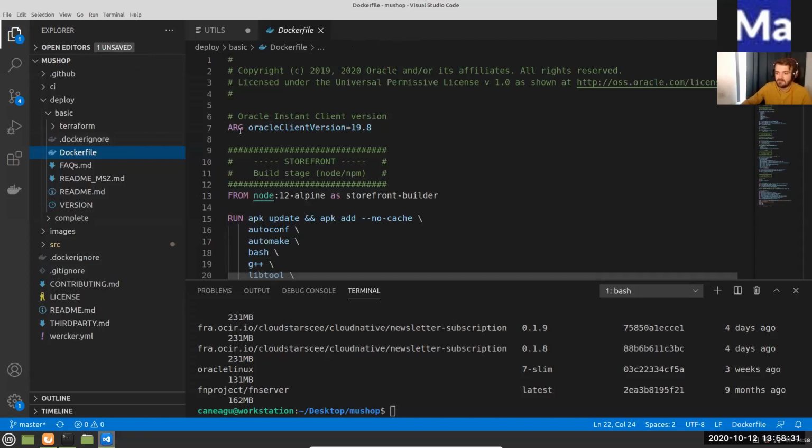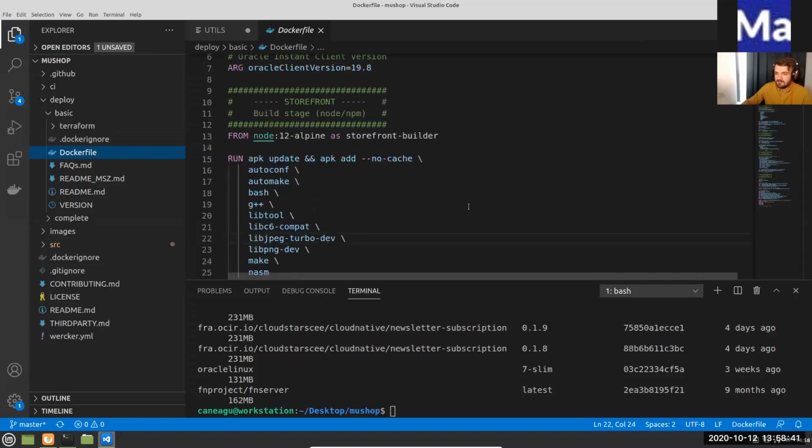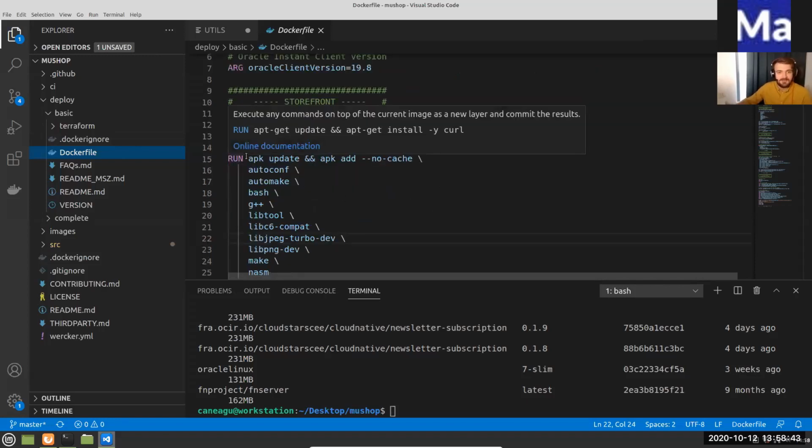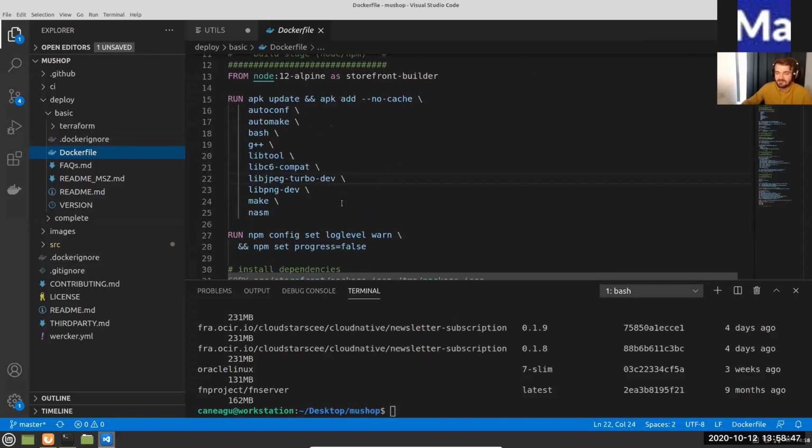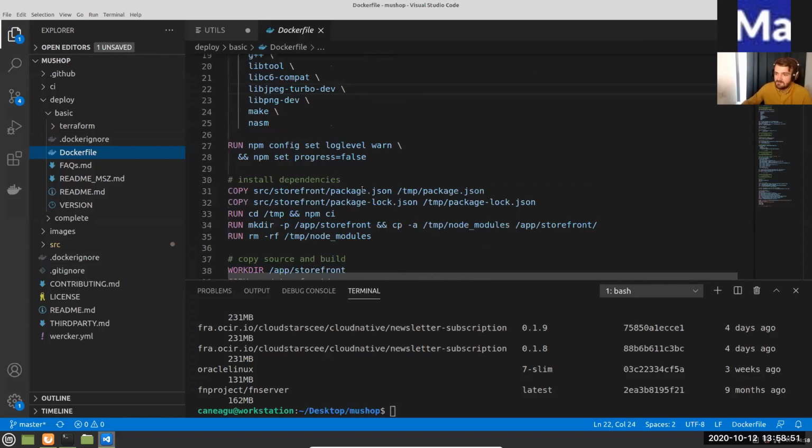You can see that it's quite easy to understand. We are using a base image, which is this one from Node 12-Alpine storefront builder. These are some commands which are passed to Docker in order to build the applications when you build the Docker image.